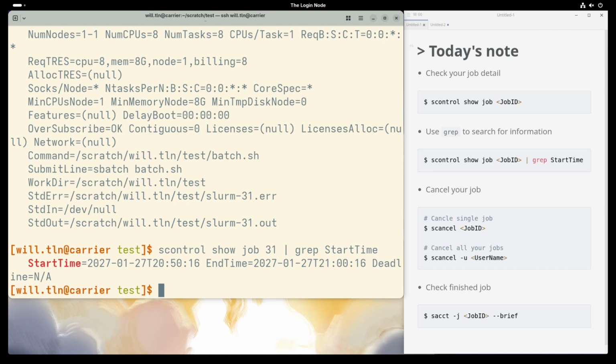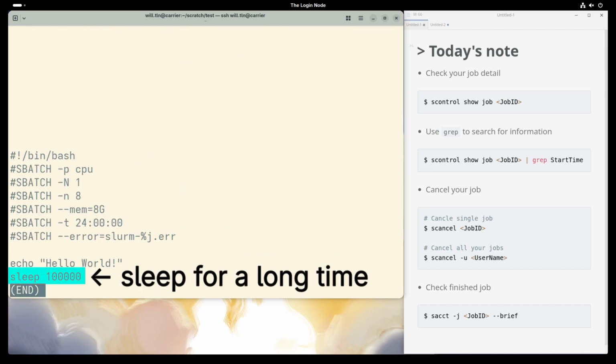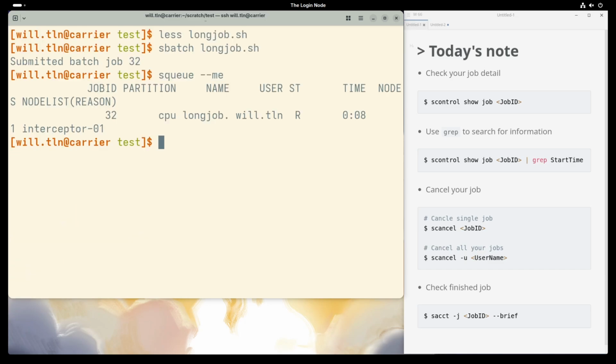Now imagine you checked scontrol and realized, oh wait, I requested 100 nodes instead of 1. Or maybe your code is stuck in an infinite loop. Don't just let it run. Kill it immediately. Use scancel job ID to kill a specific job.